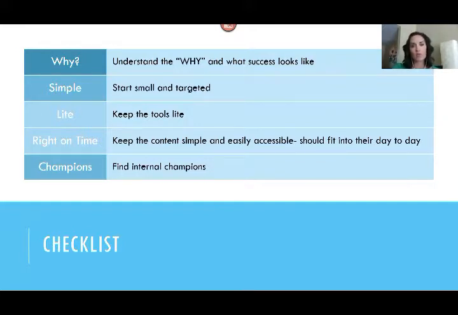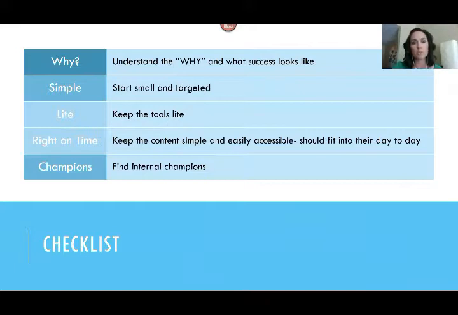And with that, also ask: what does success look like for the stakeholders in their mind? These are the things you want to have in place when you're building out the program, to make sure you're successful and going in the right direction. So always make sure that you understand the why behind what's happening.